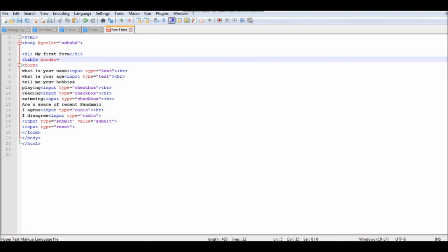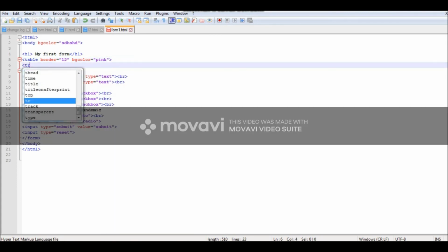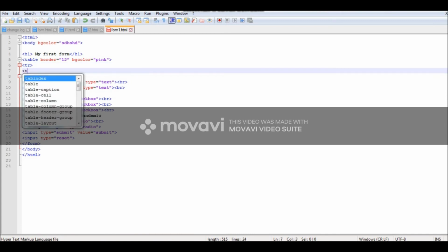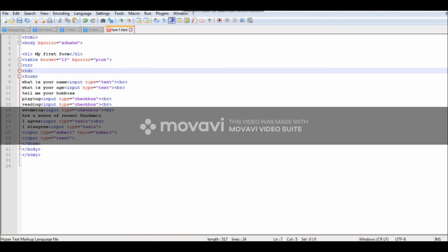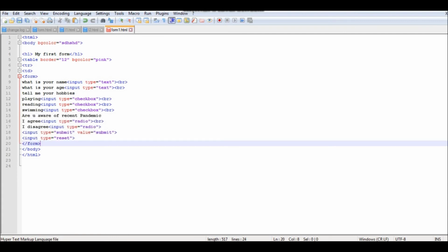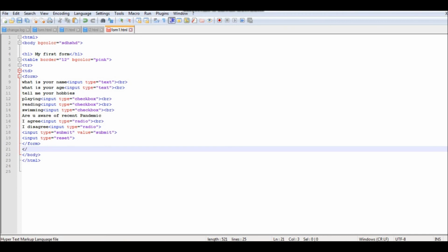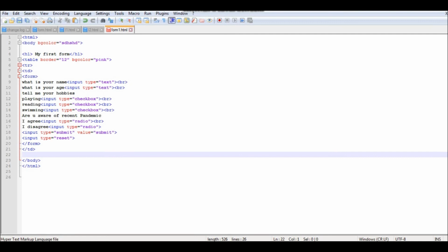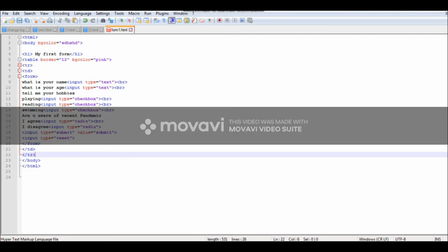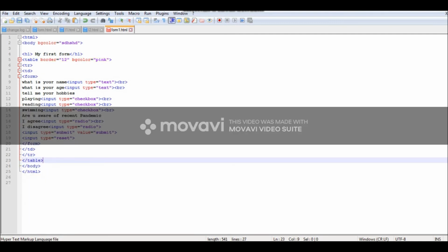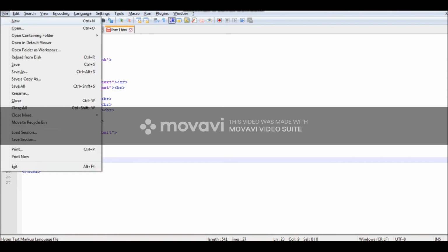Now I am using table tag for enclosing my form inside a table. So I gave 12 as a border of a table, and here 12 is given in terms of pixel. So all of you know that pixel is a tiny glowing dot on a screen. So table tag followed by TR tag, which is used for starting a row, and then a TD tag for defining the content of a web page. Here content is a full form which just now I created. So full form is enclosed inside a table.